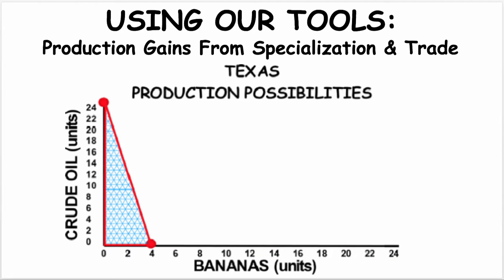Now let's look at Texas. As we all know, there's lots of oil underneath Texas. So if a certain number of workers in Texas and a certain amount of resources were used to find oil, but no bananas, perhaps they could find 24 units of oil, but no bananas. On the other hand, if that same number of workers and resources were used to try to produce bananas, but no crude oil, then they could produce bananas, but because the climate and the soil isn't right and the minerals, then probably the only way that commercial bananas could be produced in Texas